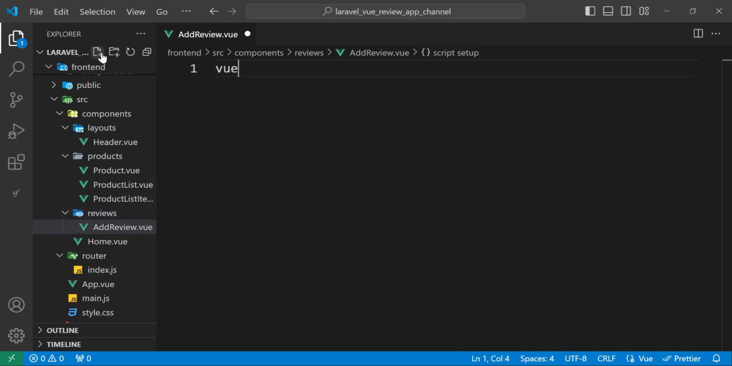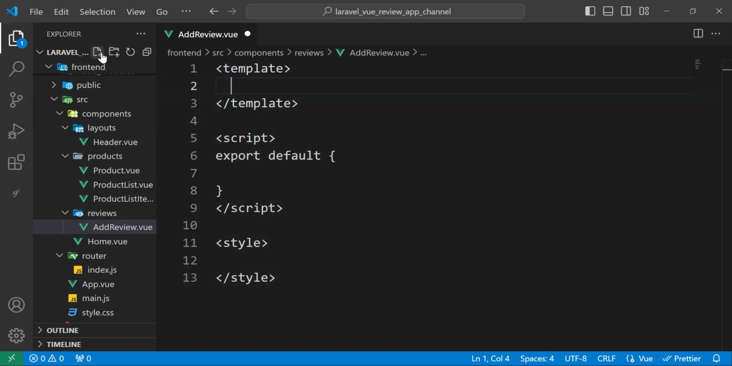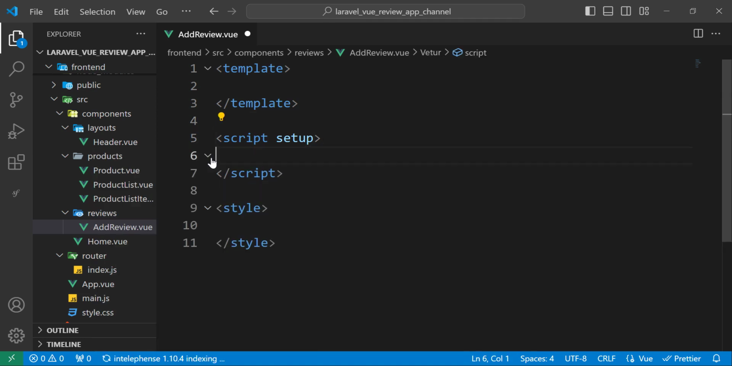And this component will have the form to create or to add reviews. So let's add the form first, and later we will add the functionality. The first thing that we need to do is define the variable that will hold the review. So let's do that. So const data